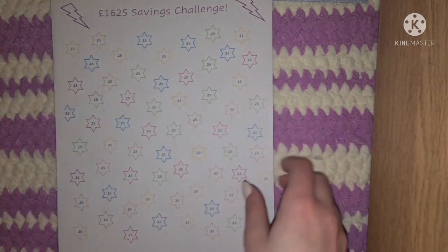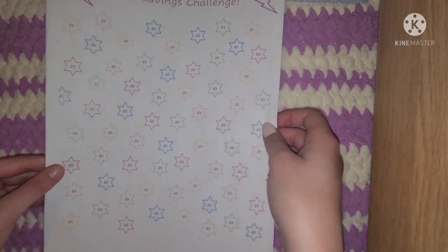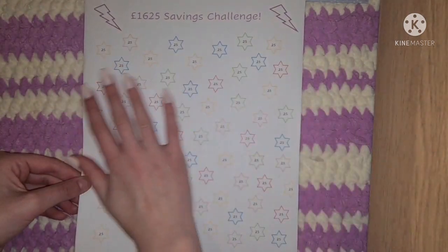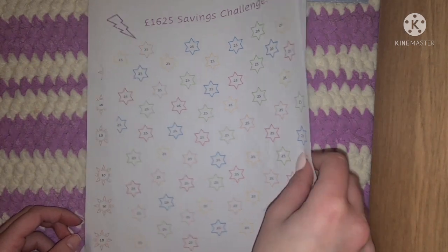The second one is the £1,625 savings challenge. This one, for all of them, you save £25. So obviously you just colour in one when you save 25, and once they're all coloured in, you save a total of 1,625. And then last but not least,